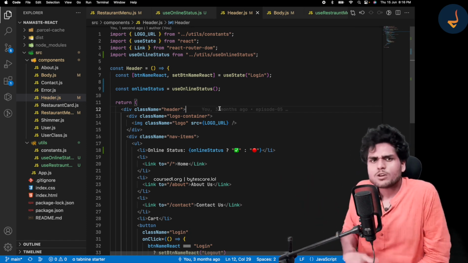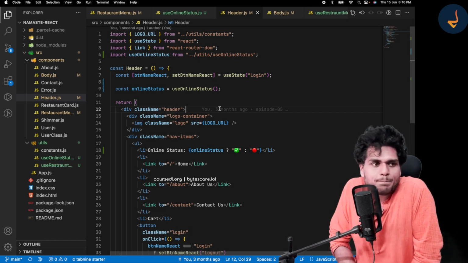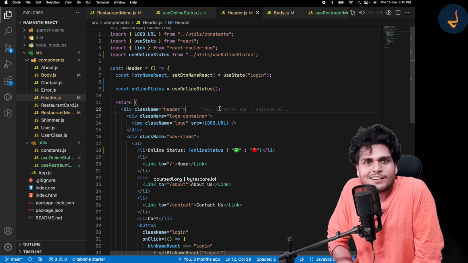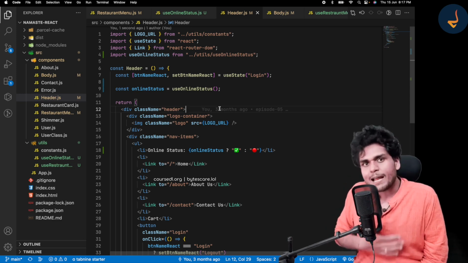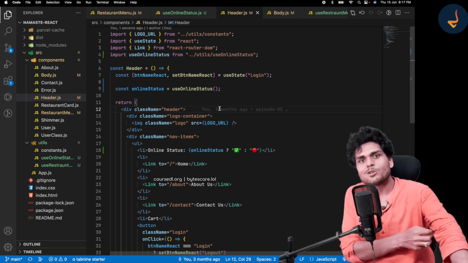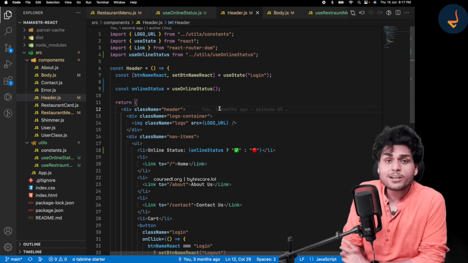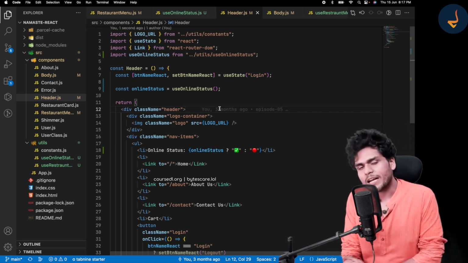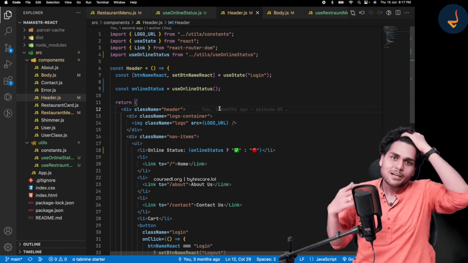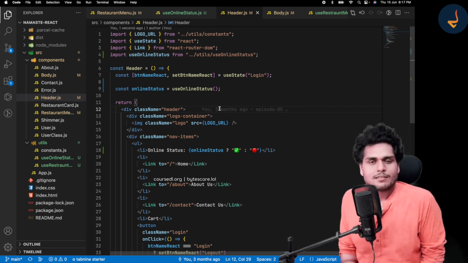So always use this convention, I would say, and don't argue a lot. This is a recommended way, and I personally feel it's a good way. Always use the word use and always start your component name with capital letters. So follow the convention which the library suggests, and happy coding.